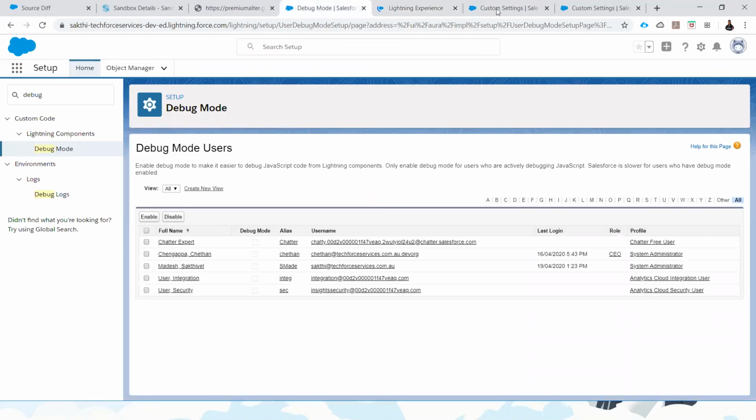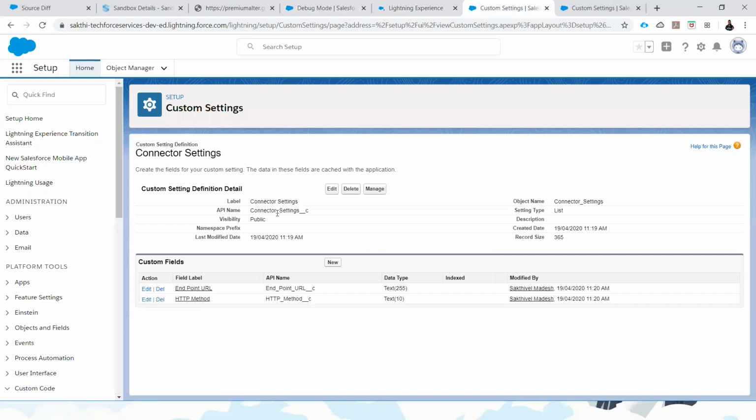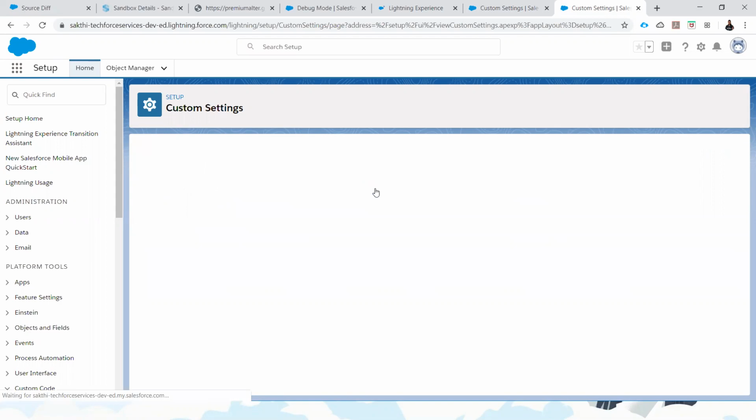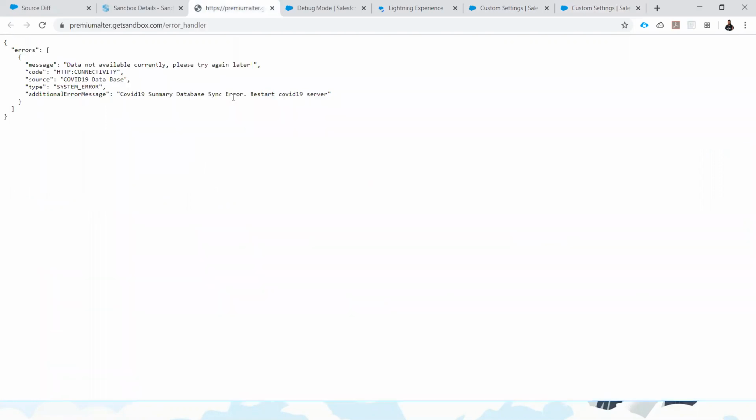While loading, here is the connector setting, which is one of the custom settings. Here we capture the endpoint URL and the method, either GET or POST. Another custom setting is the log settings, which is the place to enable the logger, to decide whether we need to display this additional error message in the UI or not.